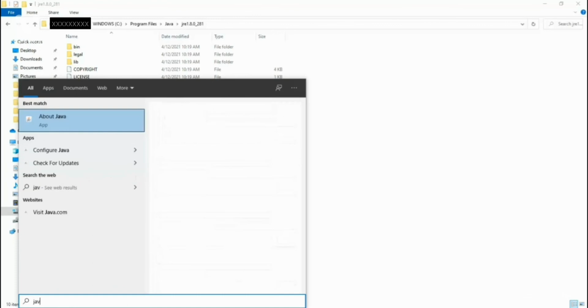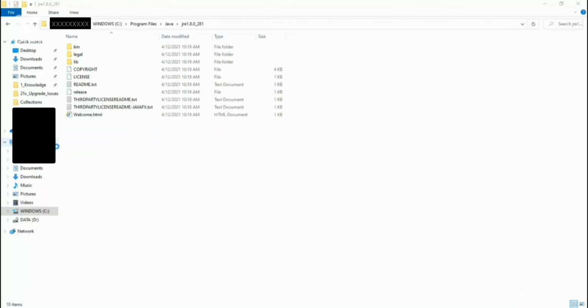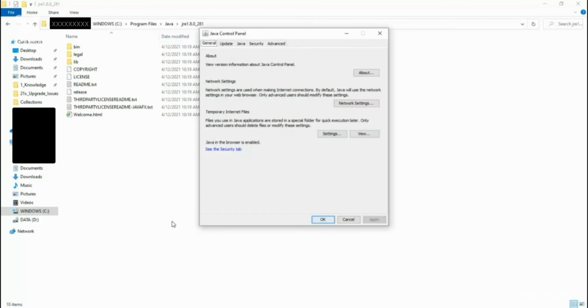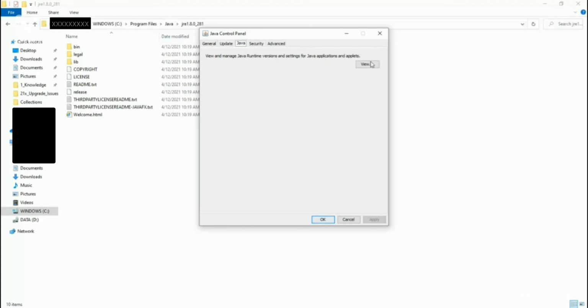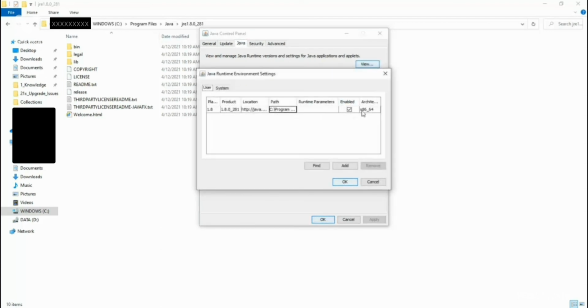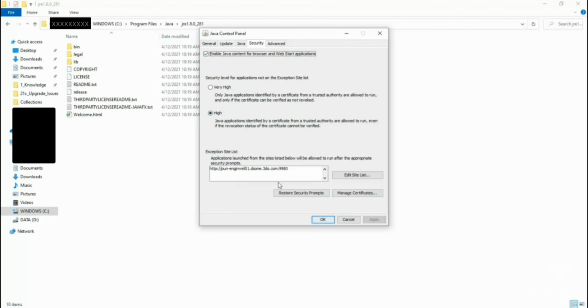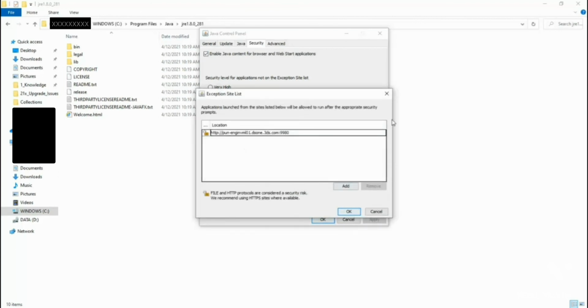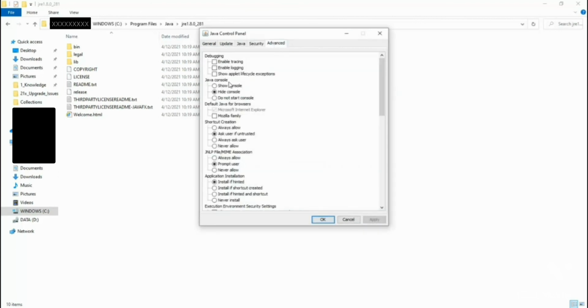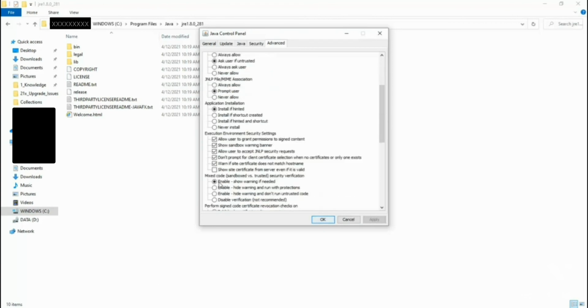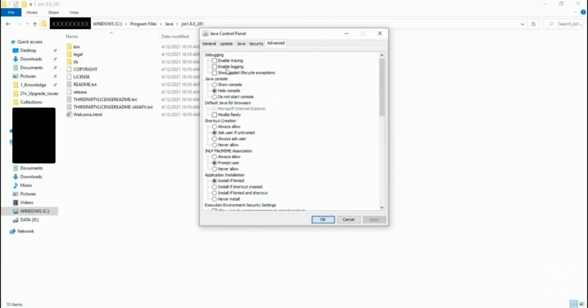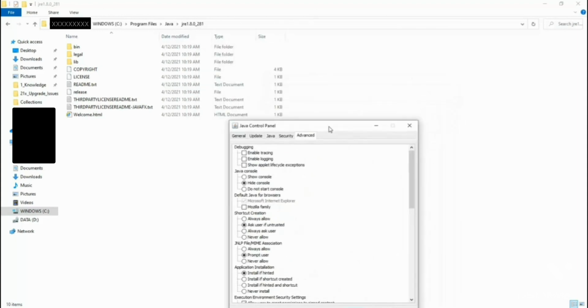So here there are two JREs, one we installed and one installed with the JDK. So that is one thing, and this is the Java configure. Here we have some properties, or some controls over Java. Suppose for an application we want to restrict some sites, you can provide that here, or if you want to allow some sites, you can give the list. Here you can check or uncheck as per your requirement.